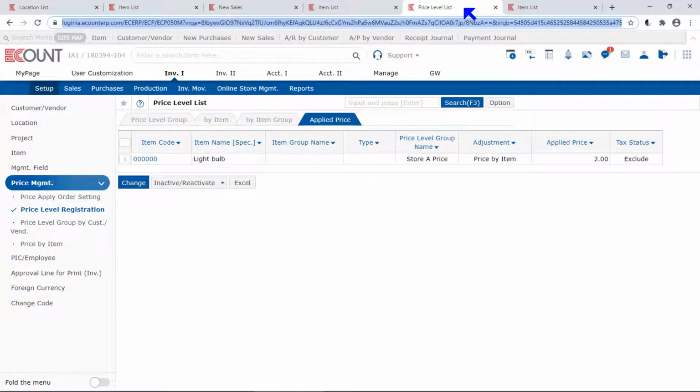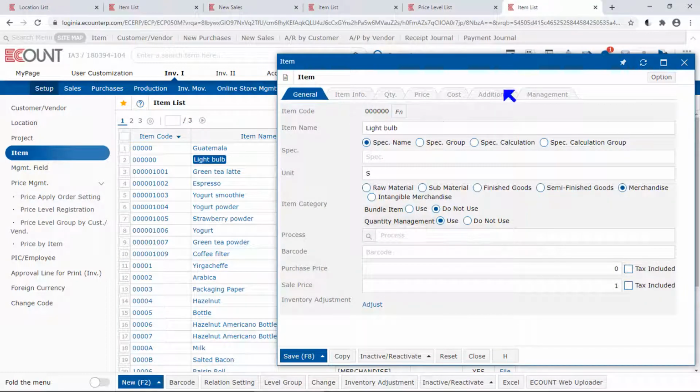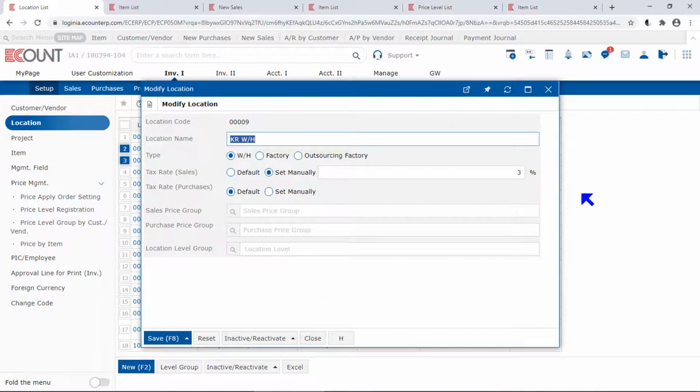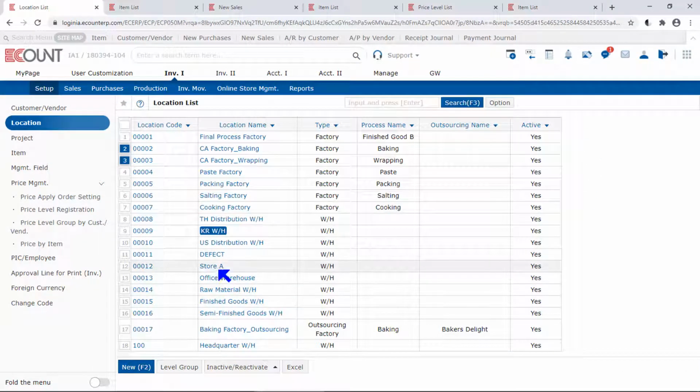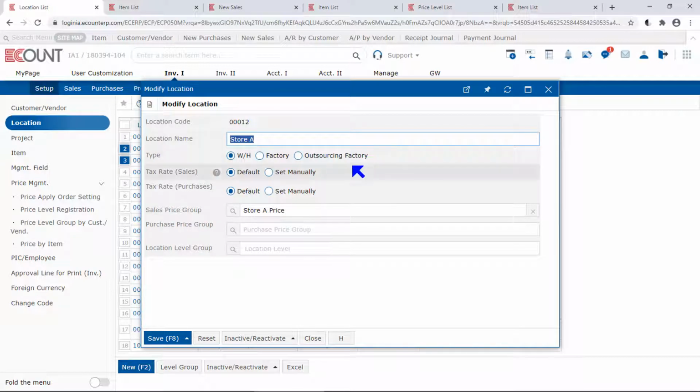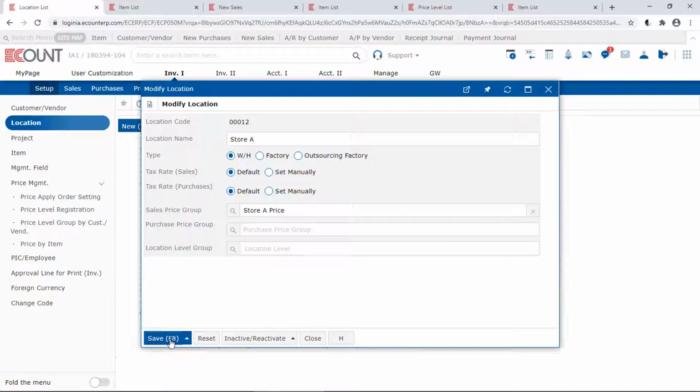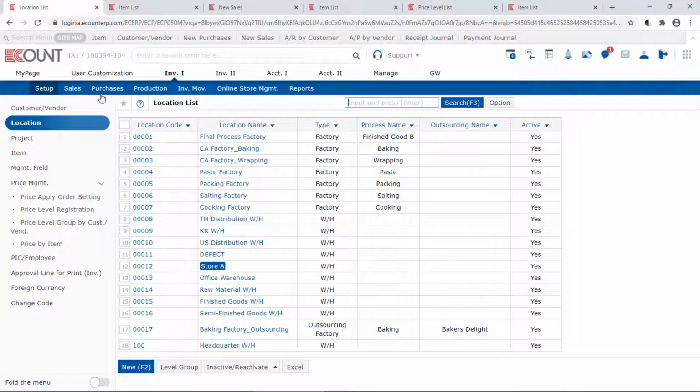So here I have registered a price level group named Store A Price and set the light bulb item to be sold for $2 if it's sold at the Store A. And the default sale price of the light bulb is currently set as $1. With these settings, if you go to Location Setup and set the sales price group of Store A as Store A Price and save, when you later go to New Sales,